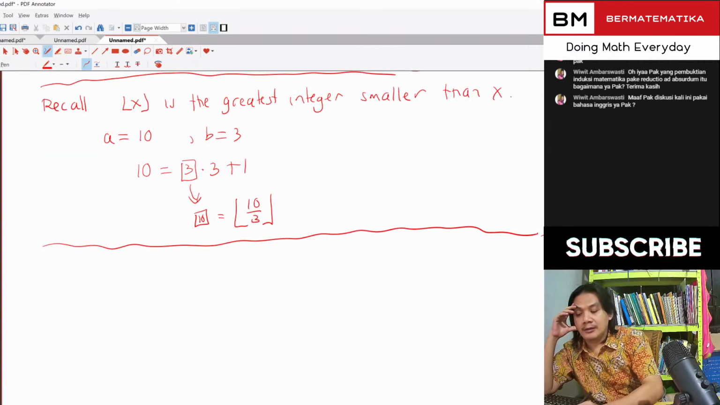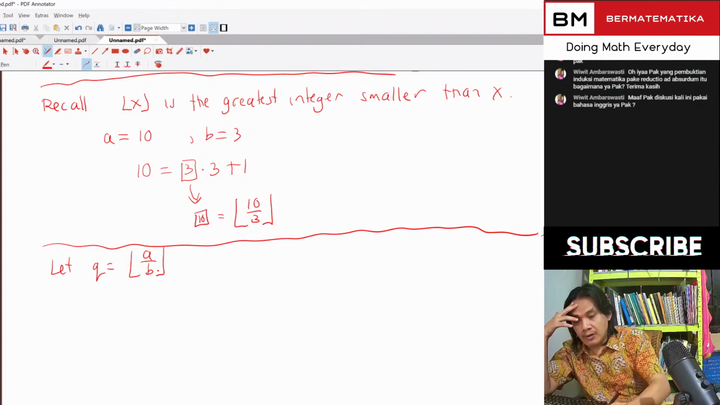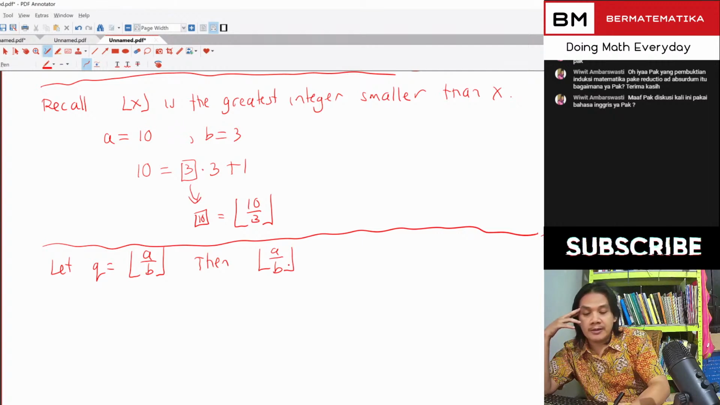So let q equal the floor of a over b. We claim that using this q, we can find the r. So then we know, according to the definition of the floor, that the floor of a over b is less than or equal to a over b, right? Because this is the definition, that the floor of x is always less than or equal to x, right? So now if we multiply both sides with q,